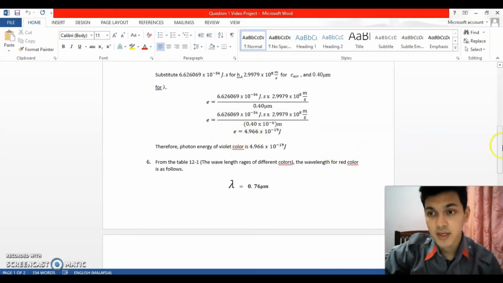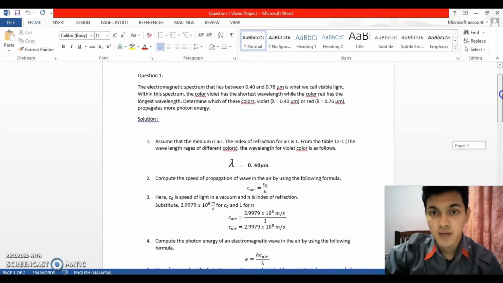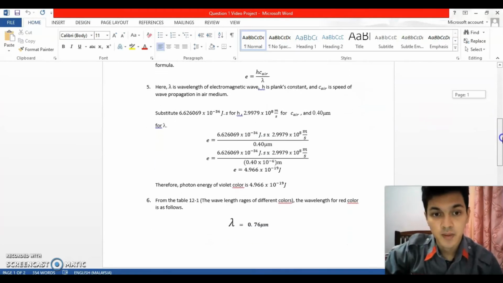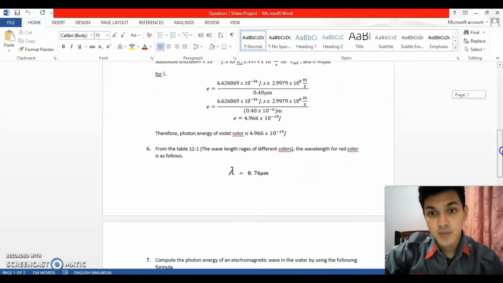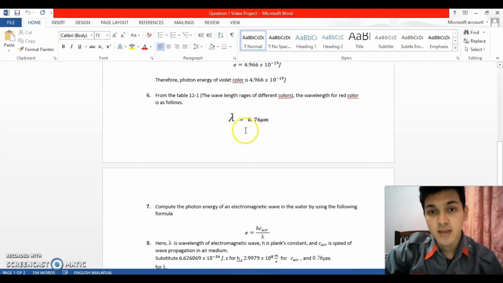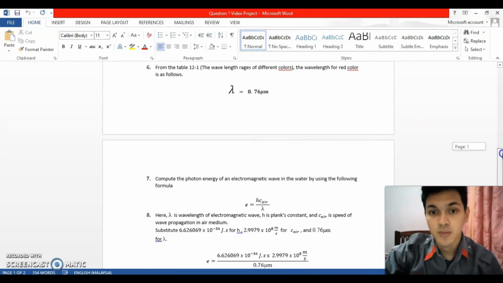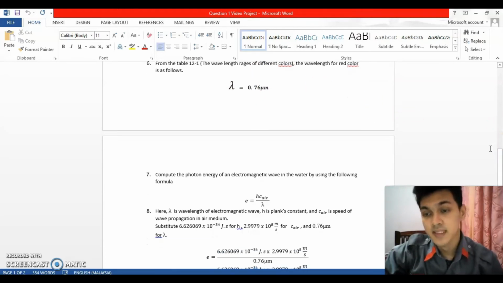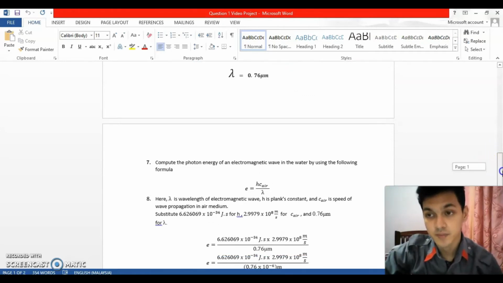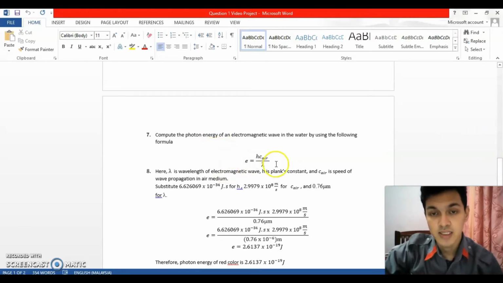So right now we have the total energy for the violet color. For the last one, we need to find it for the red color. For the next step, we know that the lambda for the red color is 0.76. So we need to compute it with the same step as we did for the violet color. We use the same formula, which is